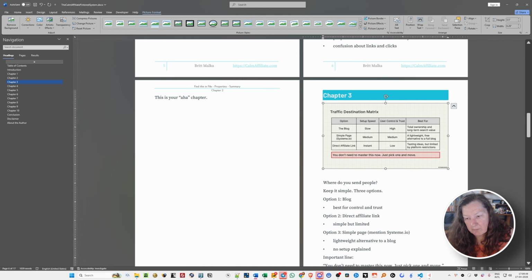And look, even when this will become text later on, this is such a handy overview. The reader can immediately see what's going on.